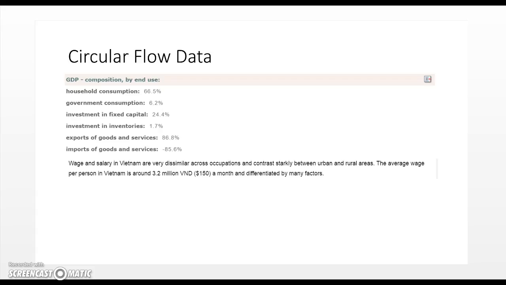Circular flow. What we have here is a couple of data points used in circular flow. We have the GDP, mainly household consumption, which is 66.5%. We have government consumption, which is 6.2%. The investment in fixed capital is 24.4%, and so on. After doing some research, I found that the total wages made per year per person is 3.2 million VND, which is about $150 per month. This is the average per month, and it's differentiated